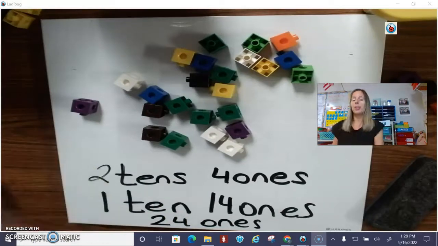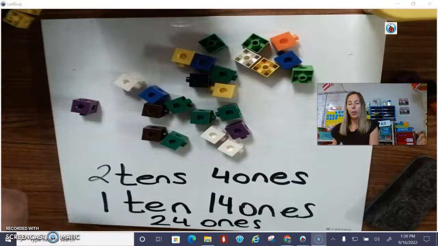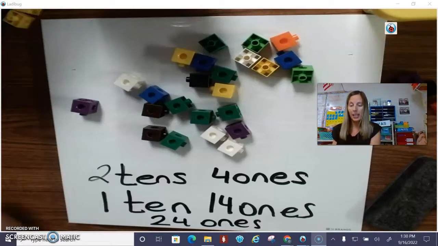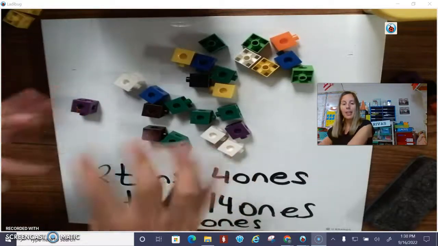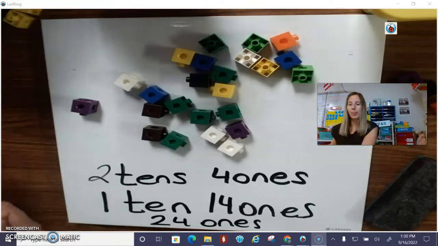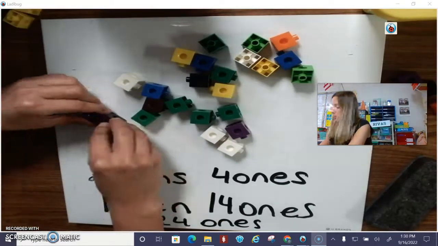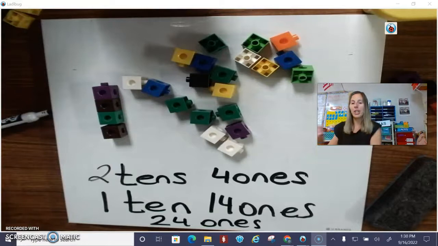Why are we doing this? Because you will see eventually in my future videos that we're going to use this. This is called composing and decomposing numbers to learn how to add and subtract. Because when you are carrying the 1 when you're adding, you're actually decomposing a number, and this is a visual way for them to see how you can decompose a number, or compose a number by putting the ones together. We are actually building the foundation of that,